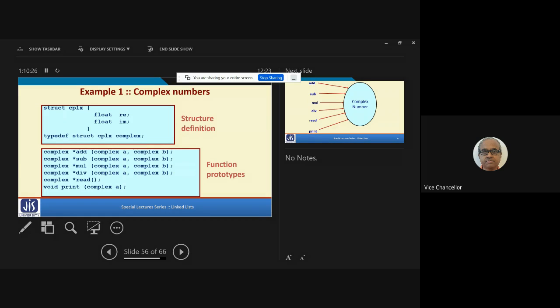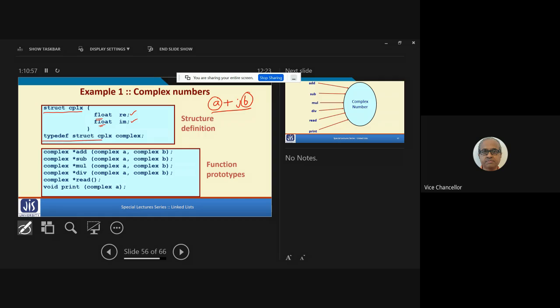Think about complex numbers. I do not know whether you did this kind of program in your lab earlier. A complex number, a plus j into b, has a real part and an imaginary part. When you want to represent a complex number in C, you can declare a structure with a real part and an imaginary part, say with variable names RE and IM, of type float.